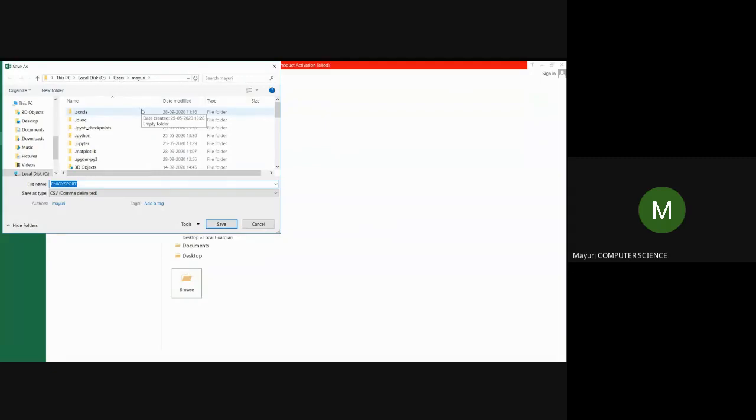Can you able to see the save as screen? Yes, ma'am. Okay, the same Enjoy Sport is there, but make sure that location should be same. Under the C users, where my Anaconda has been installed, and then comma separated values. There are 2 like that, but prefer not Macintosh, but prefer comma delimited, because all the Excel sheet, each cell, I cannot access the cell values, right? I can access the comma separated values format for my data.